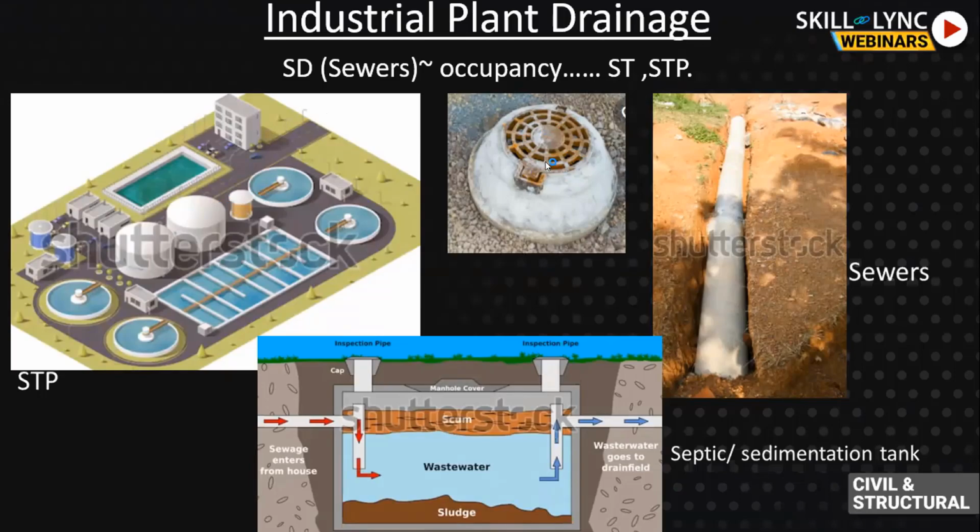This is a manhole with a cover. They often have vents also. So there are so many parts of a network when you are designing it. You come to know about it. Air vents are required in sewers. A lot of biogas is also generated. You have to vent it out, otherwise the pressure will be generated and it will explode the sewers. So there are vents, and the gas is released to the atmosphere.